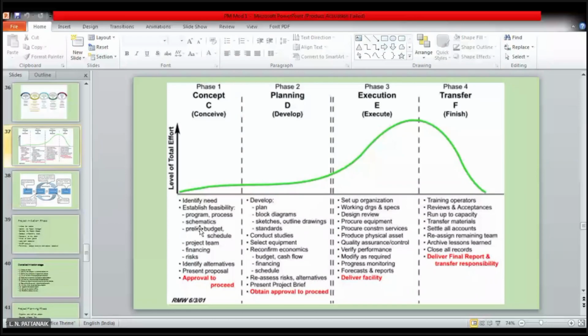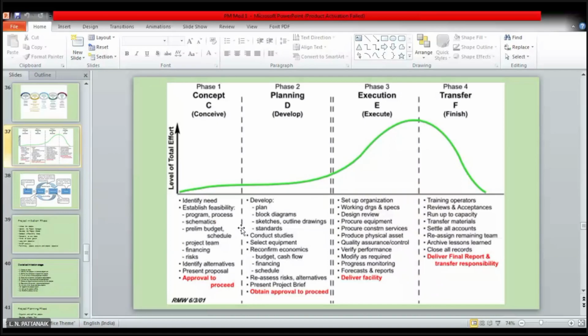That is feasibility. Suppose some BTech students came for a project and I told them to just prepare some vehicle to fly in the air. That's for example. It's not feasible because they have 2-3 months with me. So they will laugh it out. It's not possible. It's not feasible. So why waste time on that? Similarly, for each and every project, you have to check whether it is feasible or not.